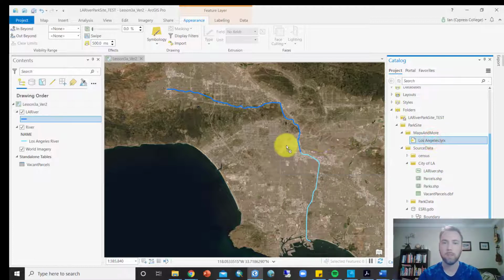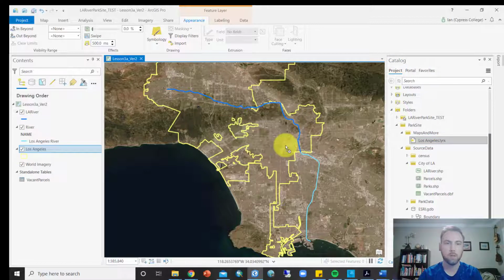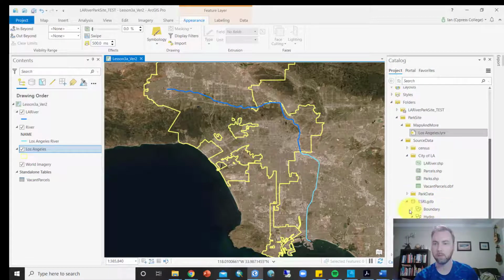Go ahead and drag and drop that onto the map. And if all goes well, you should see it there. Now, if for whatever reason you drag and drop it onto the map and you get a connection error with a little exclamation mark saying that the data source can't be found, you can just add in the original cities layer, which is under boundary,